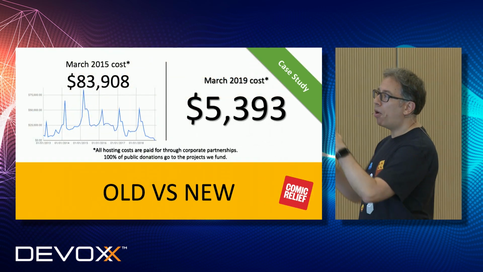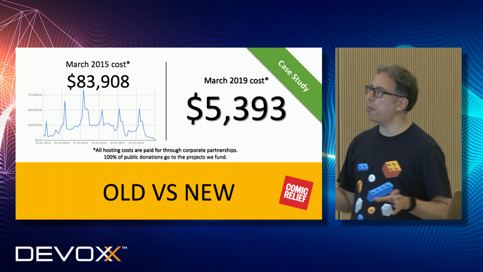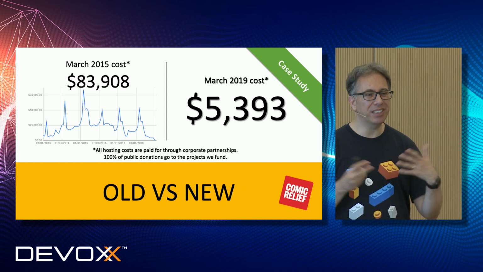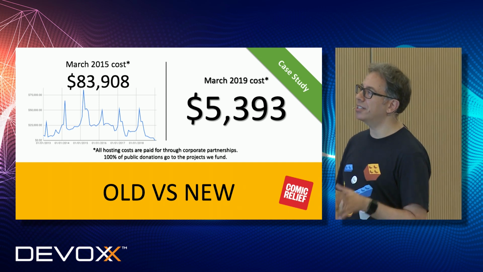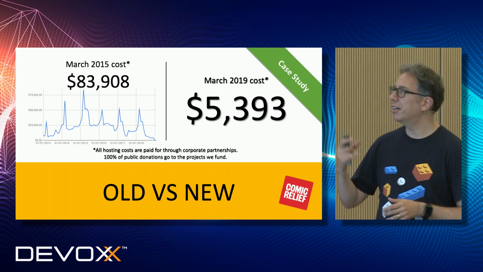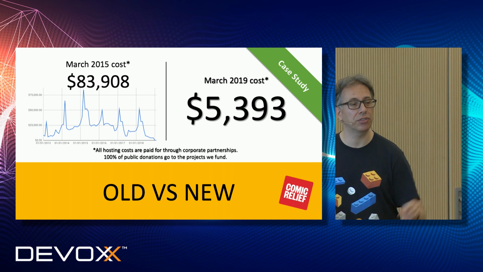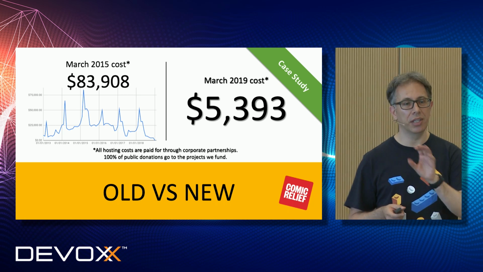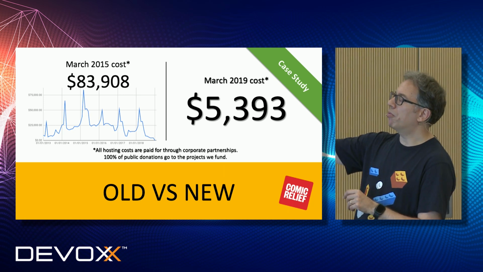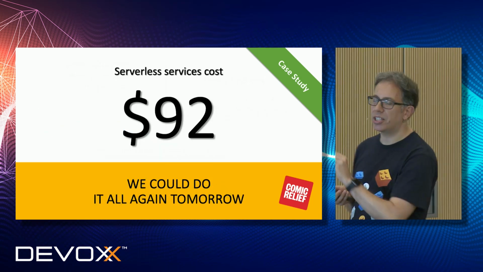So during the month of this day, they needed to run performance tests. It was very complex and costly for them. 2015 was the last year they were completely without anything serverless, and it was costing this month for them $84,000 with all the tests and the day to run. Then they start to move small things, and this year they moved the donation platform to serverless, so they rebuilt the donation platform serverless using DynamoDB, Lambda, SQS, and other tools from AWS. And the bill went down to $5,000, but actually the serverless part here is just $92.